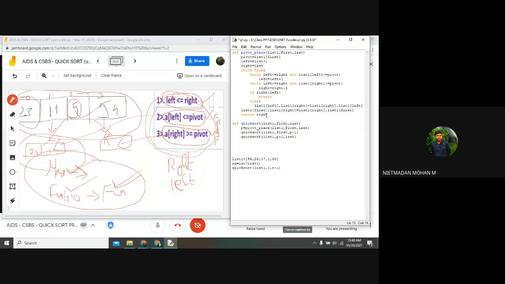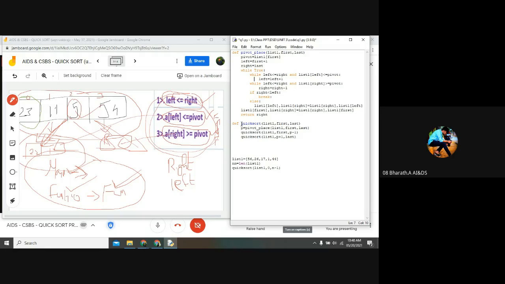It will return the value right to p, so the p value will become right. For the left side, it will take p minus 1, and for the right side, it will take p plus 1. Are you clear about this?